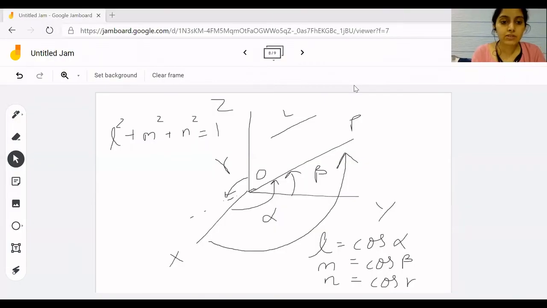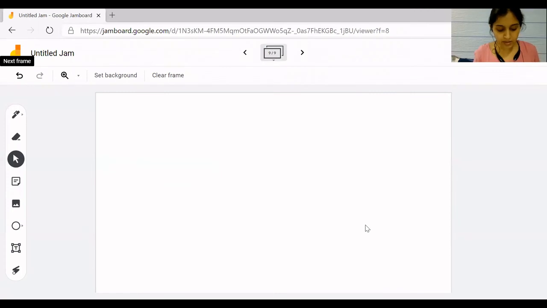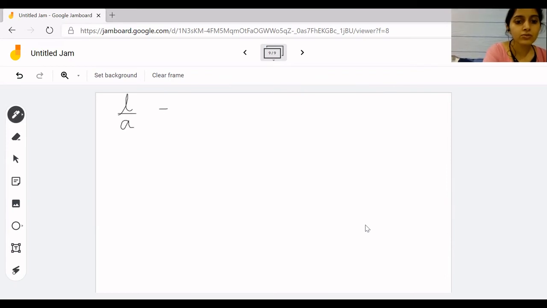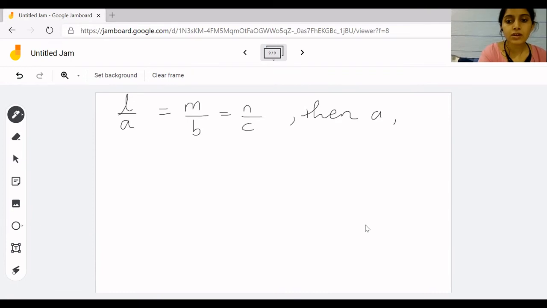So we have completed what direction cosines are. Now let us see what direction ratios are. If we have l, m, and n as the direction cosines of a line, and the numbers a, b, c are proportional to l, m, and n, then we can write that l upon a is equal to m upon b is equal to n upon c. If we have this, then a, b, c are called direction ratios,